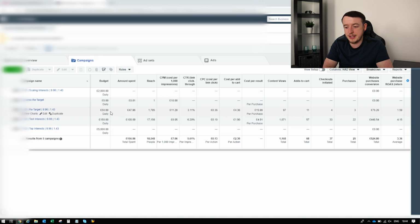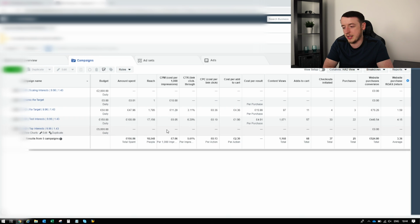Now, when it comes to retargeting, what I usually suggest is to do 10 to 30% of your total ad spend on the retargeting campaign. So if you were, say, doing £500 a day on your cold traffic campaigns, you would spend £50 a day on your retargeting campaign. But because this was going so well and I was seeing a lot of success from day one, even before the pixel had optimized, I decided I was going to run a quite expensive, in comparison,